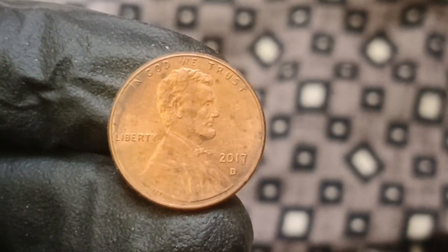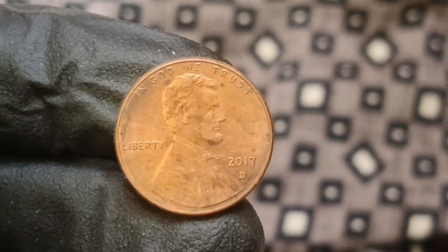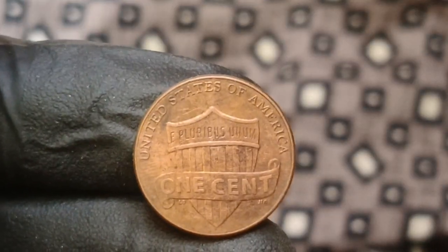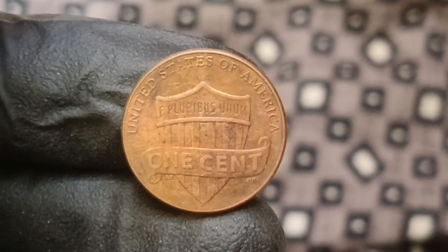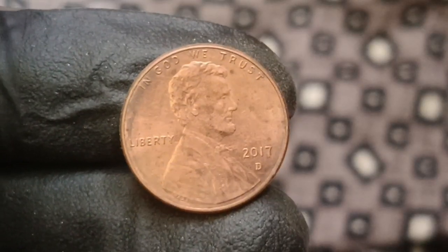On top of that, some 2017 D pennies show signs of repunched mint marks, where the D was stamped into the die more than once, leaving a shadow or doubling effect on the mint mark itself, which makes them collectible in their own right. But the rarest and most spectacular possibility is the transitional planchet error, where a coin is